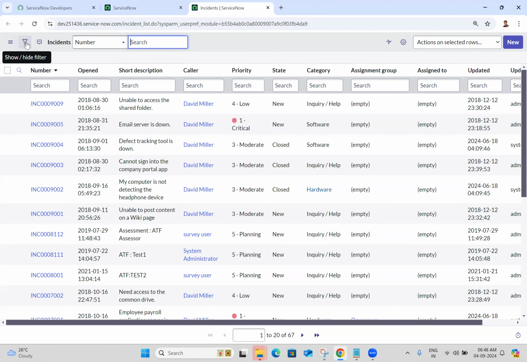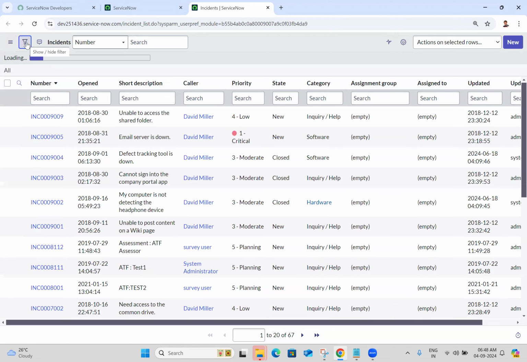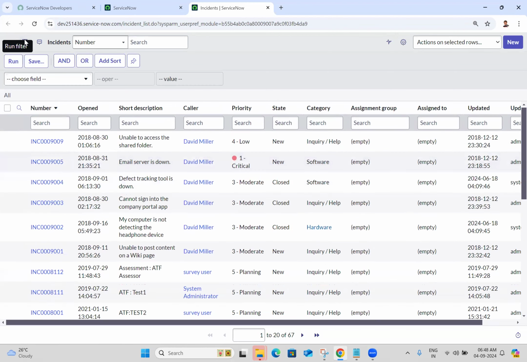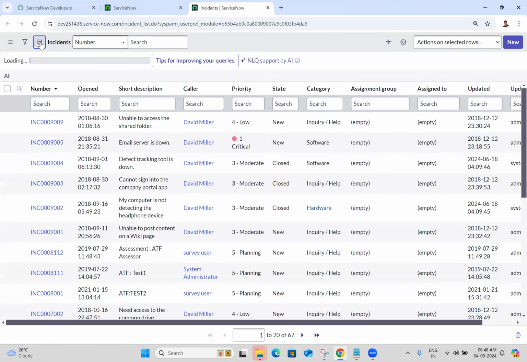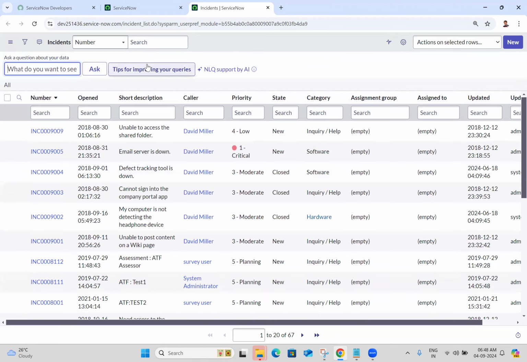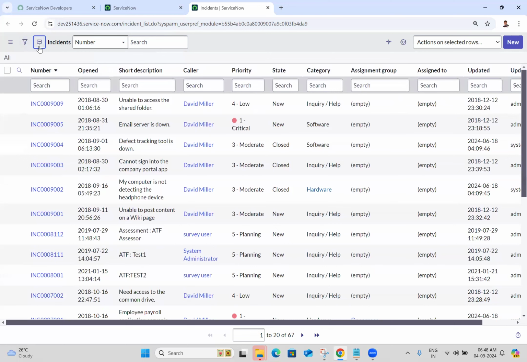This is a filter, the list filter. You can filter the data by using this list filter. This is a filter icon. This is a questionnaire kind of message icon, but generally I haven't used this message icon at any time. Recently, with Xanadu, we have seen this message icon. I think even in Washington it is also there. This is a hamburger menu. This is a filter icon. This is a